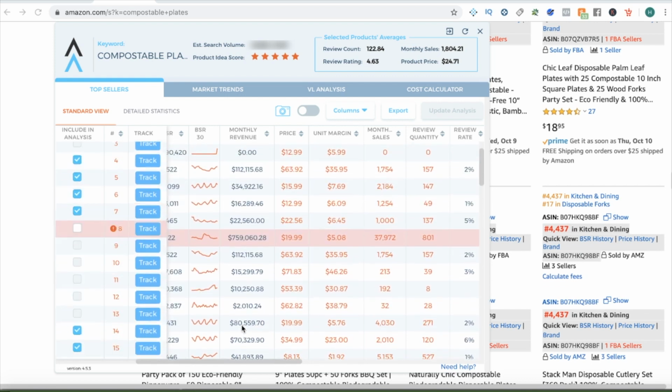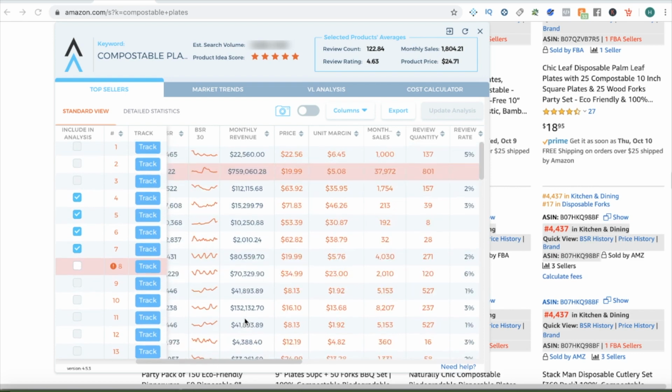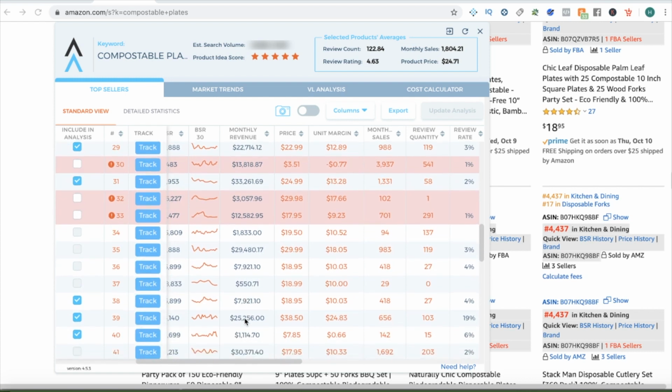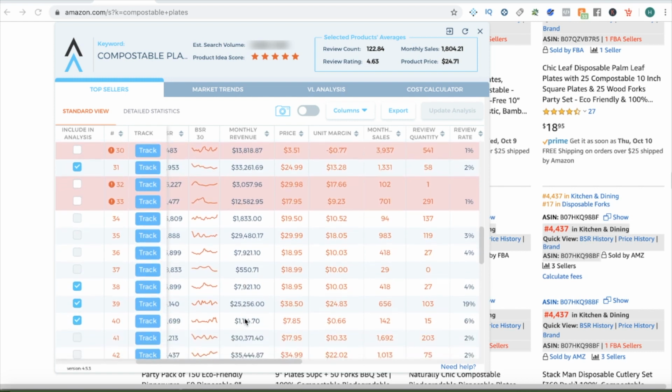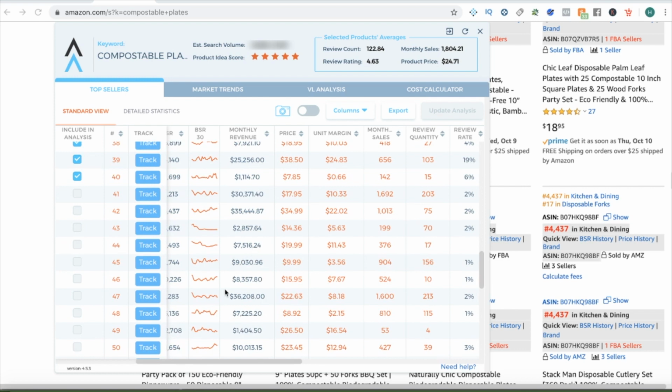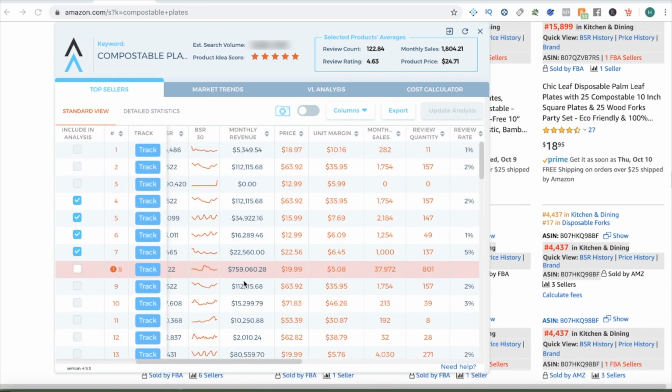And the thing about this product is that, honestly, if you scroll down, every single person is making money. Literally every single person that has even a few reviews is making crazy money. Like 75 reviews, $35,000, with a few exceptions obviously, but this is already your position number 47 and you're making $36,000 a month on a product with 213 reviews. Okay, this person is position 46, he's getting 10 reviews and he's making pretty much $8,000 a month,